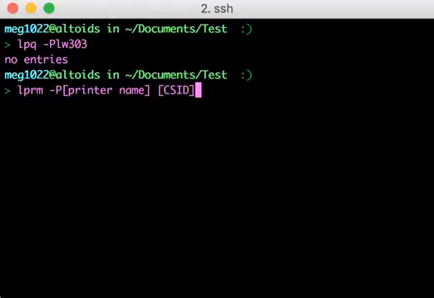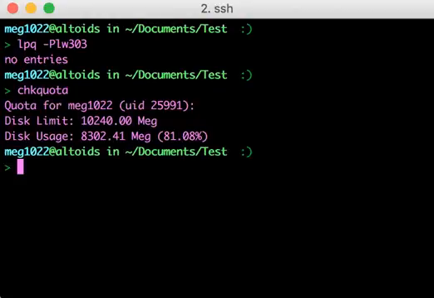This is helpful if there's like 100 people in front of you trying to print their resumes and you have class in 10 minutes. And the last two that are really helpful are check quota. If for some reason you stop being able to save or type things, it's because your disk quota is full, so you can run the check quota command, and that will tell you how much of your disk quota you have used. And if it's a ton, it's probably a caching issue, so you just go to root and then do